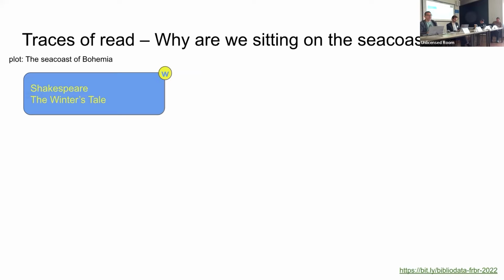So the question is, why are we sitting on the seacoast? And you might know that in Shakespeare's The Winter's Tale, it's a very interesting fact that the plot, or one of the plots, is the seacoast of Bohemia. And